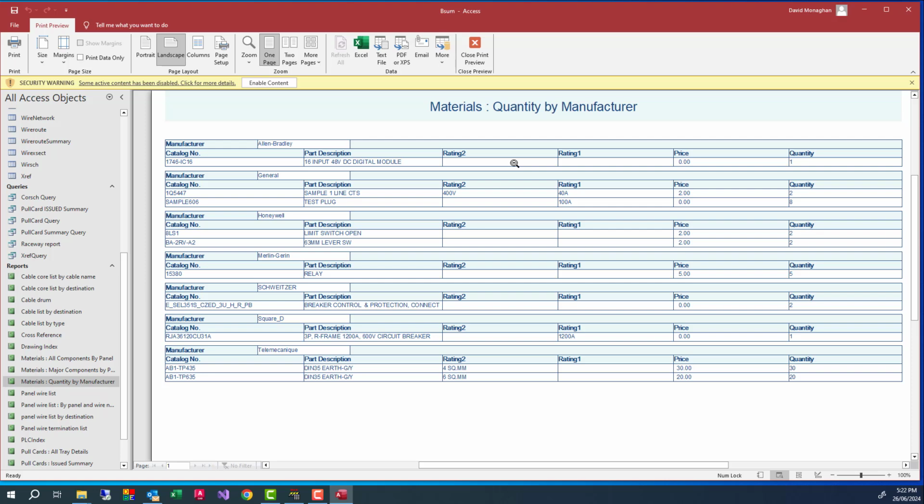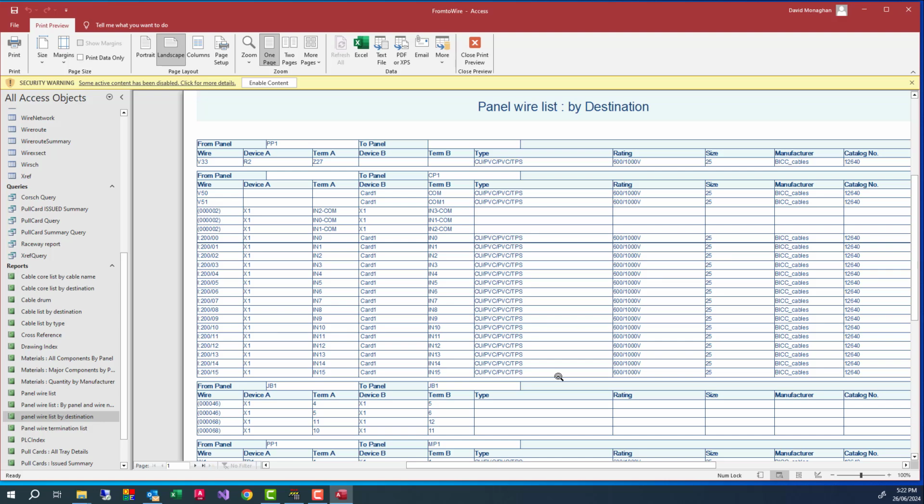The next report I will display is the Materials Quantity Summary report. I examined the unformatted version of this report earlier. A point-to-point panel wire list is provided in the EDS reports. This is useful for panel manufacture. Your wiring team can fabricate from a wire list more easily than searching through your schematics.